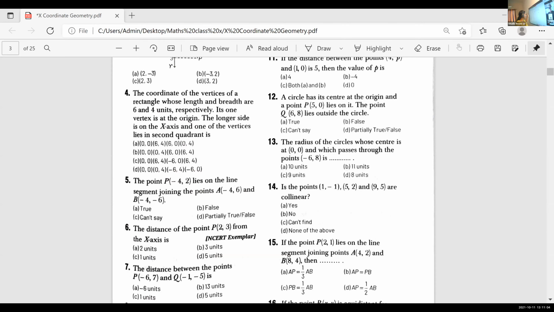Okay, so what do you do? Find out what is AB, find BC and find AC. What is AB? Root of 5 minus 1 the whole square plus 2 plus 1 the whole square. So it is 4 square, 16 plus 9 which is 25, root is 5, isn't it? Same way find out BC, find out AC. Do this.